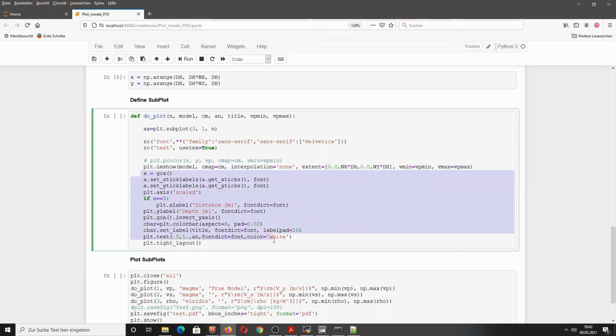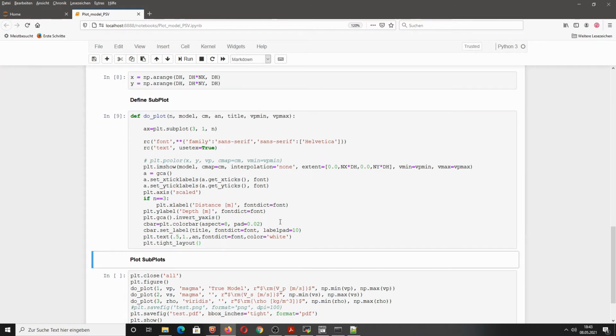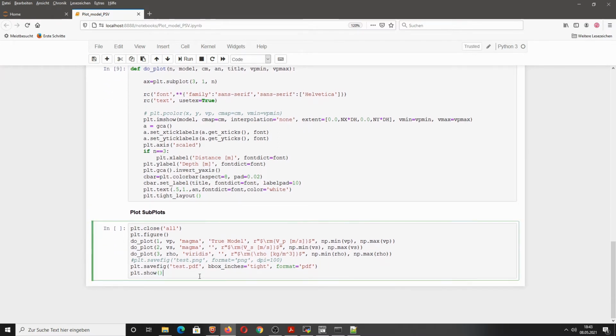And here are some annotation parts, which I will not explain in more detail. You can look for yourself what's going on there. Now let's plot all this. Here I'm plotting the true model for VP, VS and density, and export the model also as a PDF file.